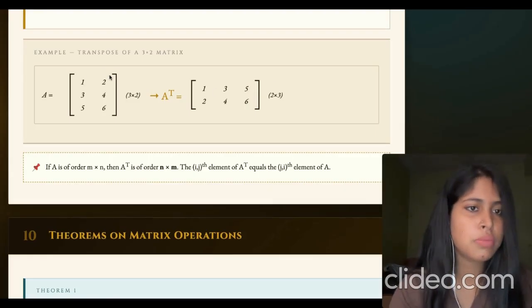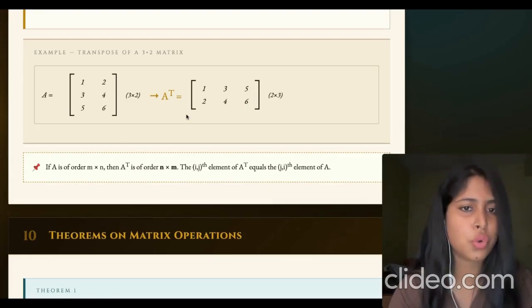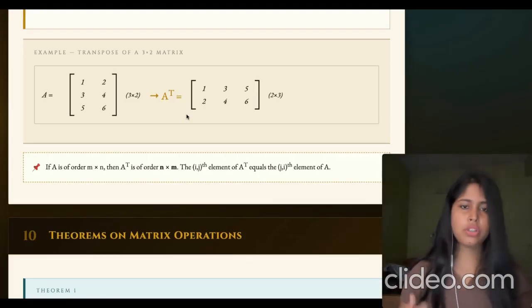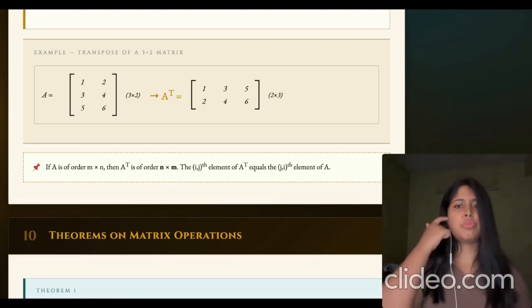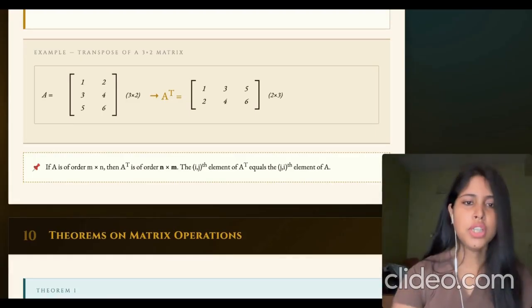And in this column, 2, 4, and 6, this is written as the row here. Okay, you can think about it, you can think of it like this also. Now, we will come to the